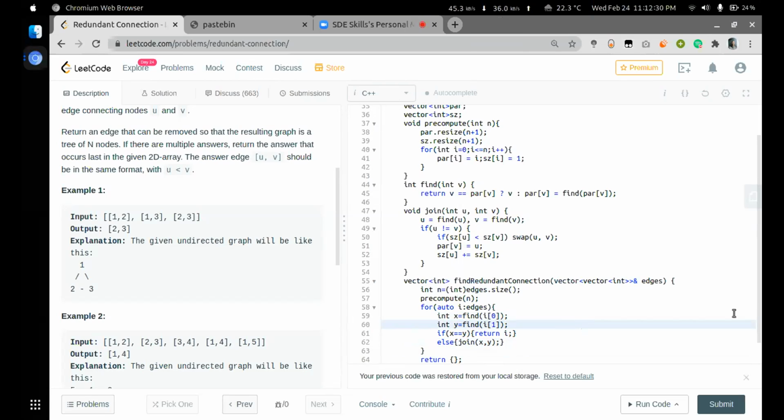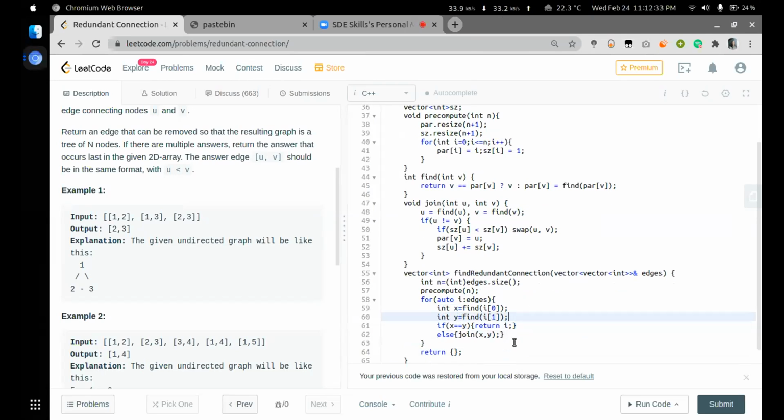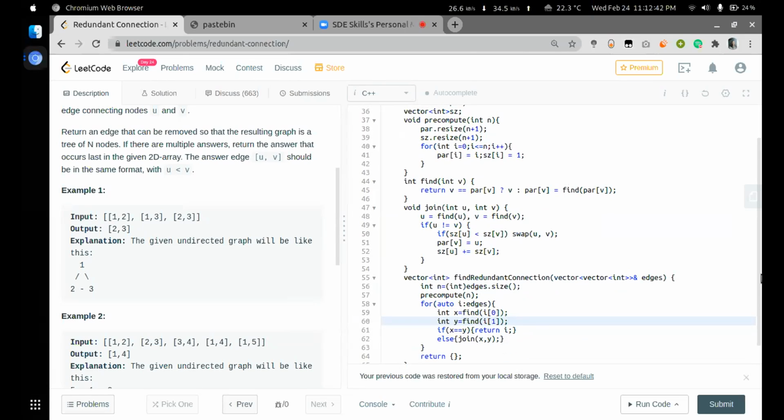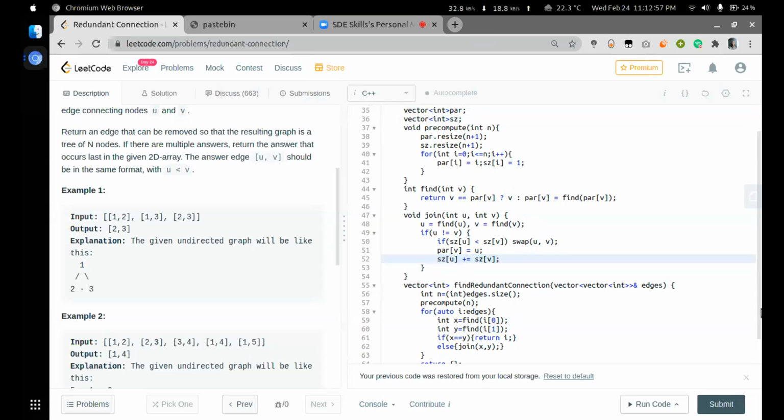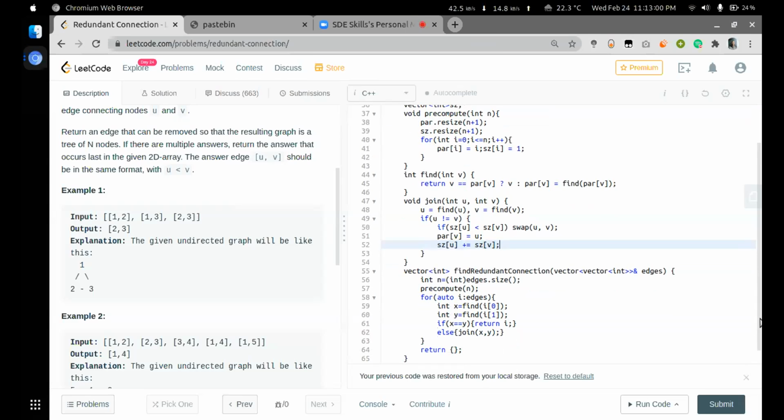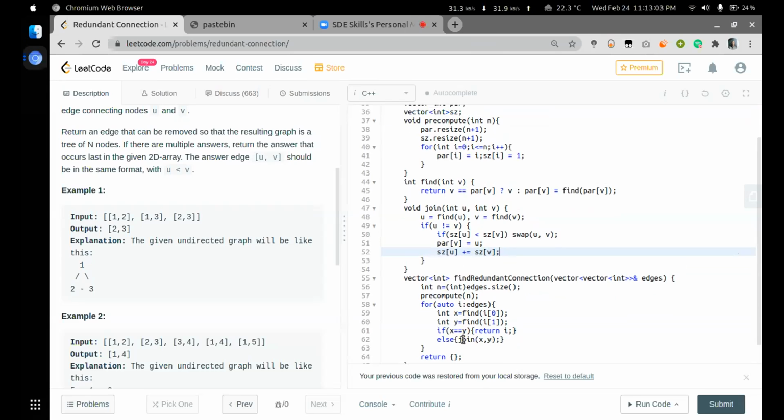Now, if we don't optimize the normal disjoint set, then this might take O of n complexity again. So this is why we need to do path compression, and one more thing is there: the weighting or ranking. So I use the size vector here, which will help to reduce the complexity. You're already doing path compression, you just add the size. After that, the time complexity of the join and find functions will reduce from O of n to log n, and for some of the cases it will be constant time also.